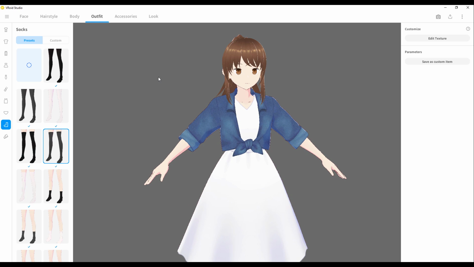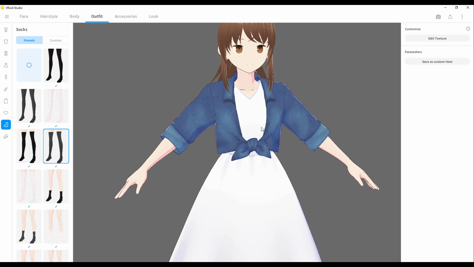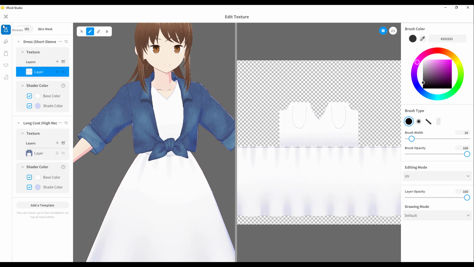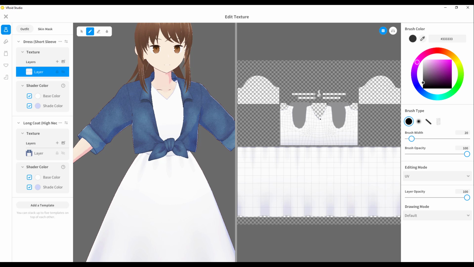All right, so once you're done, if you also want to edit the textures, which is really, really nice, you can also edit the textures from here. So if you click on edit texture, you can edit the texture of literally everything. You want to edit the texture of the clothes, the model, the hair, the eyes, everything. You can edit these textures on the fly. Right now, we are looking at the shoe, and if you like to edit the texture of, let's say, the inner bottom, or maybe the inner top, or maybe the dress itself, you can simply select that dress, and you can see that this loads up.